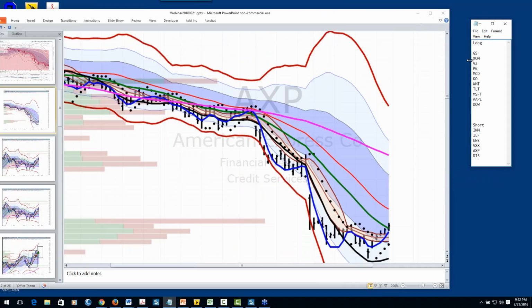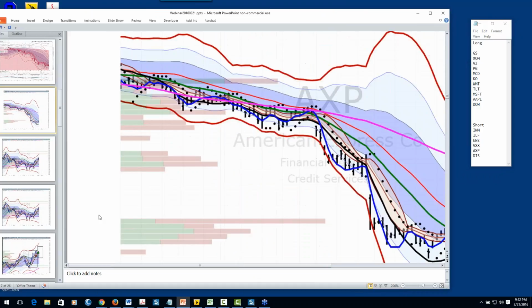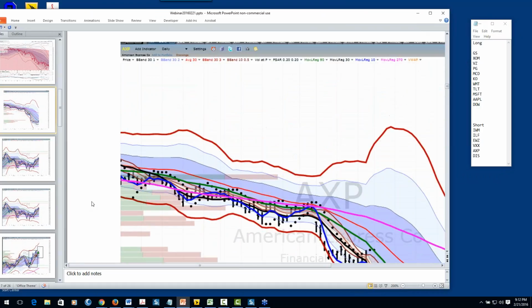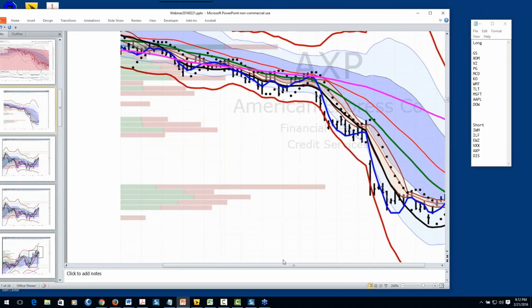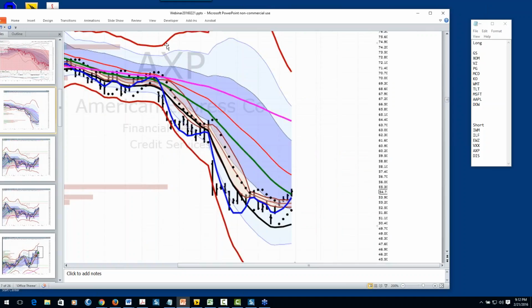This should be ExxonMobil. No, I'm sorry, American Express. Okay, so I really like this one. This is an RLXD